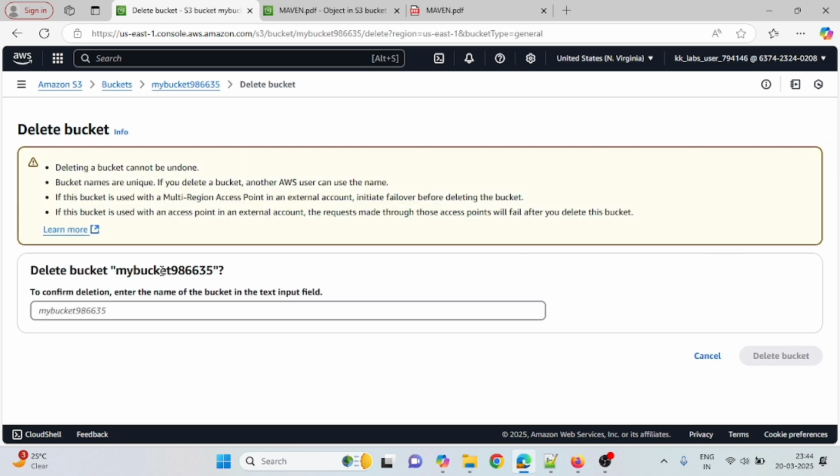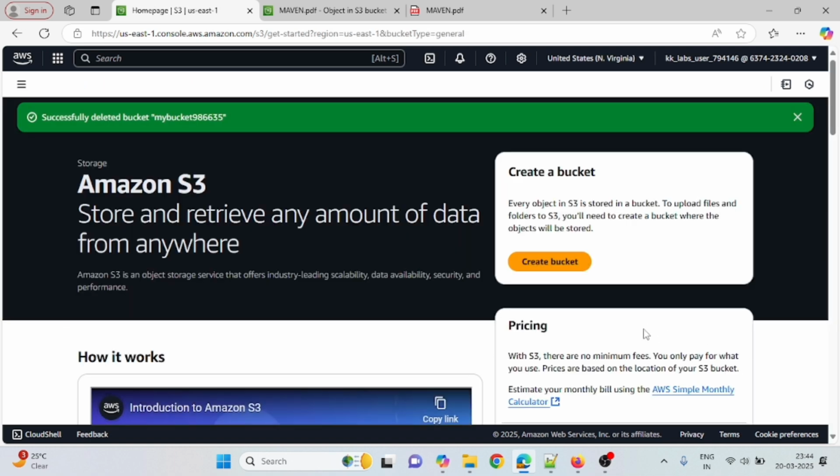Right now I am deleting the bucket. So how to delete the bucket? You need to give the bucket name. Copy this bucket name, paste here, delete bucket. Successfully deleted bucket. So in this session what we learned: we have created the bucket and uploaded the object into the bucket